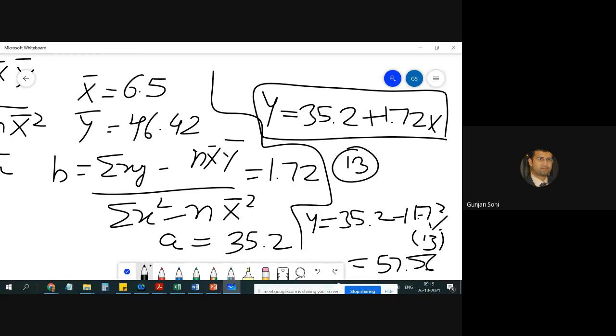Now we can clearly see that it does not follow the forecast exactly, but how the values of A and B have been derived is totally based on the minimization of the error from the actual value. So this line is the best fitting line available. We call it the best fit line. Here one assumption is that the demand is linear. If the demand is non-linear, this kind of technique is not useful at all.